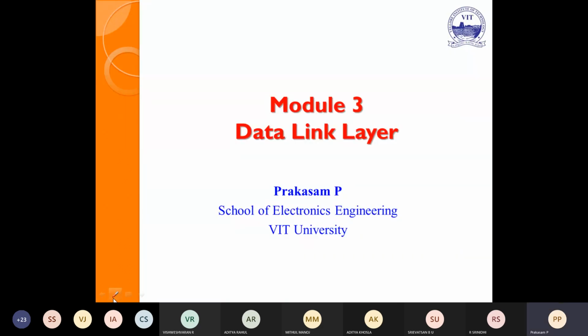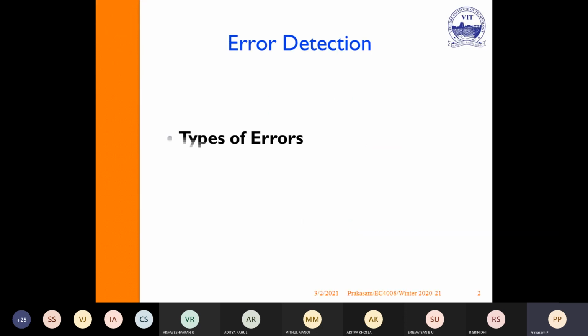Module 3 deals with the data link layer. The first portion is about the various types of errors that occur, and then error detection techniques.